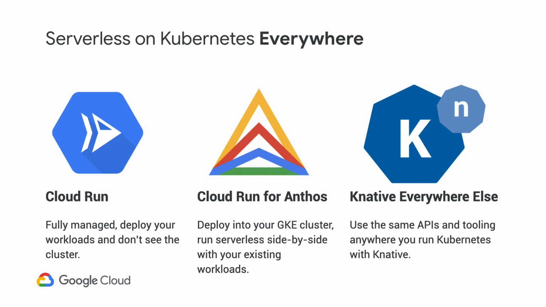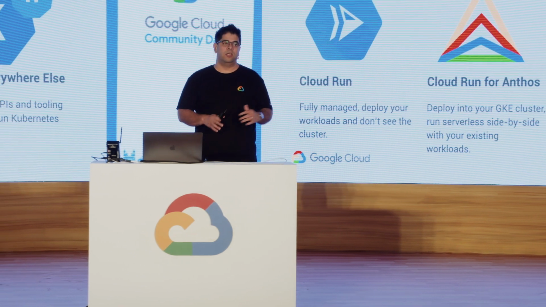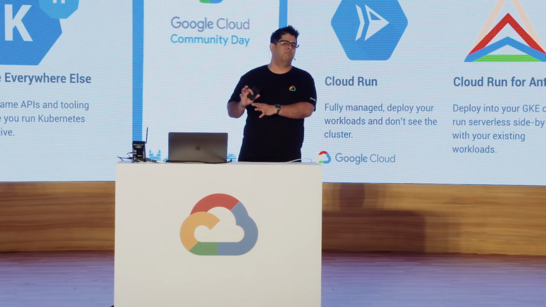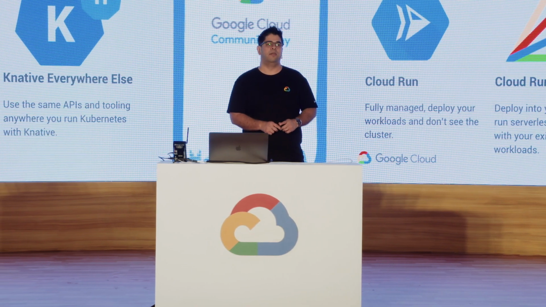Or you can use Cloud Run for Anthos where you can deploy it on your Kubernetes clusters. And when we've been talking about Anthos this whole talk so far, what we've been saying is Anthos is allowing you to bridge an on-prem world with the cloud world. So if you want to deploy your Cloud Run applications on your on-prem environment, Cloud Run enables that. You can continue to leverage your existing infrastructure. You can move it to the cloud whenever you want, and you may choose not to. You may be happy with that specific application.